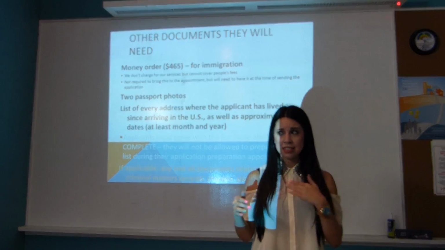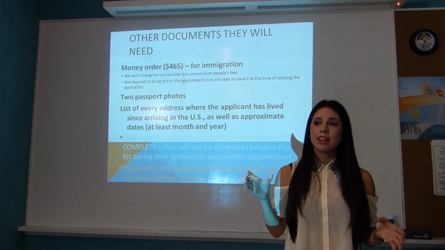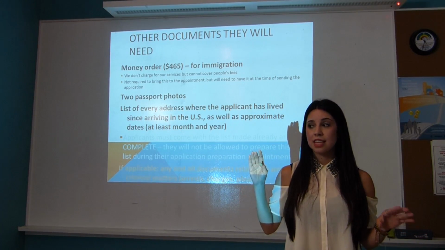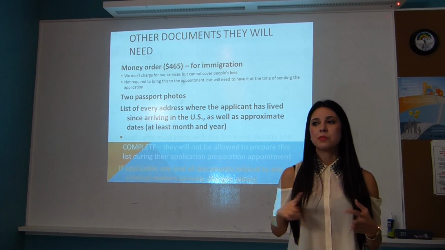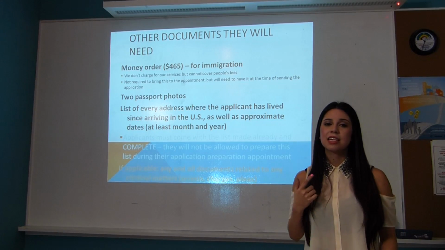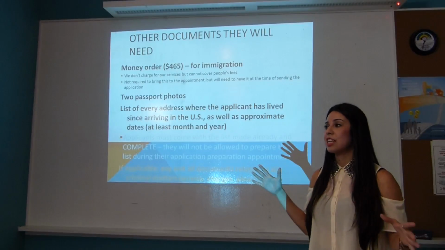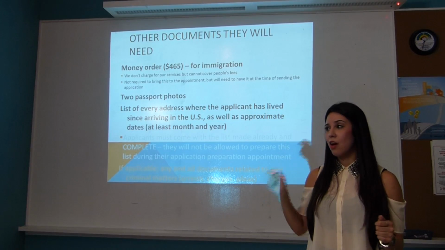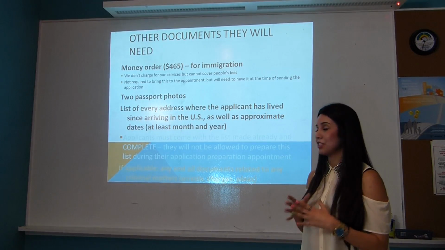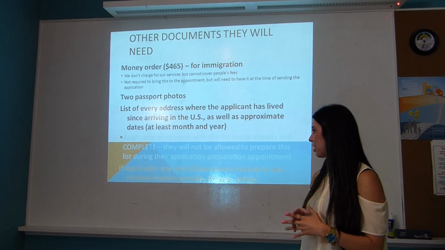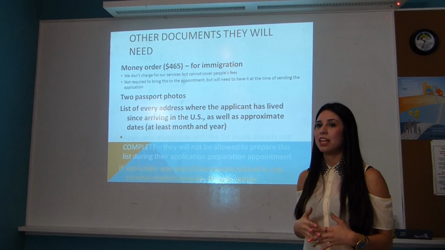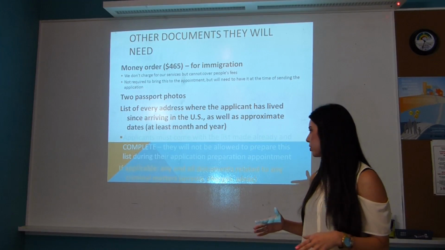Like I mentioned, in the information packet, there's a checklist with all of these documents, all of these things that they need to bring: their IDs, their transcripts, documents, address list, proof that they were here before they were 16, proof that they were here on June 15. They need to come to the appointment with all of these boxes checked. They should have everything, and if they're missing something, or if we think that they can't do something, then we talk to them about it once they get to the appointment, but it must be as complete as possible.